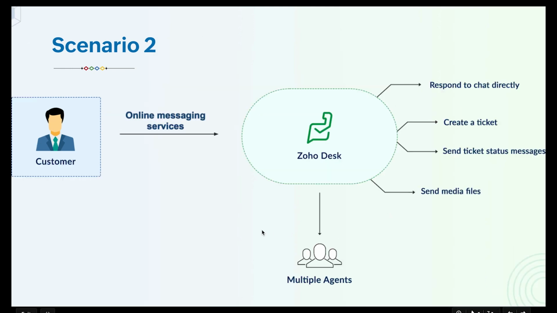Next, we will look at a different scenario. In recent times, almost every business has integrated online instant messaging services like WhatsApp, Messenger, or Line with their customer support applications in order to improve the customer's engagement activities. Such an integration between any of those messaging services and Zoho Desk would allow multiple agents of a portal to use the same number and handle queries of different customers. They may also respond to the chats directly,